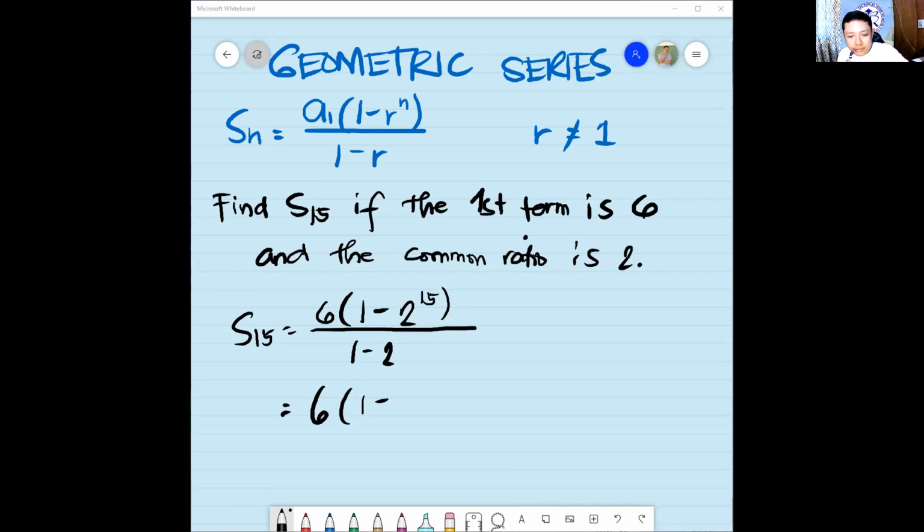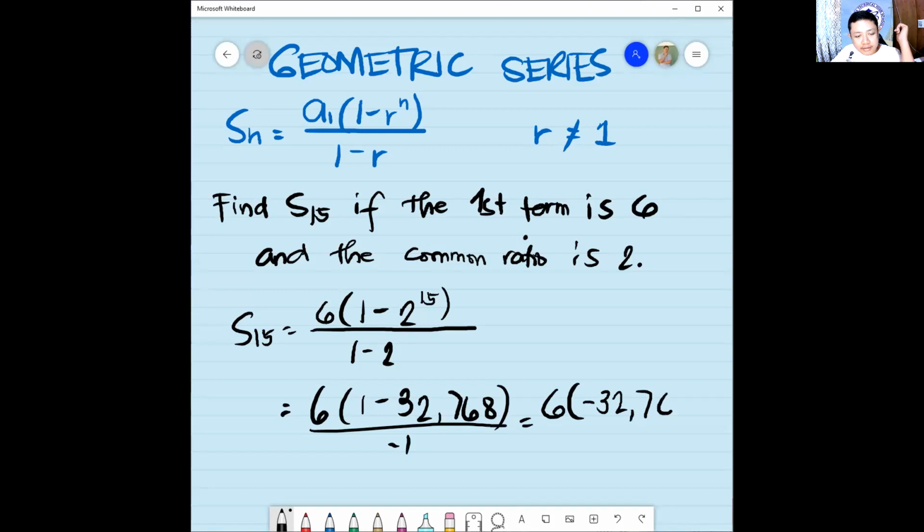2 raised to 15 is, oh, that's so big, 32,768, over 1 minus 2, that's negative 1. Okay. So 1 minus 32,768 is negative 32,767 over negative 1. So that becomes 6